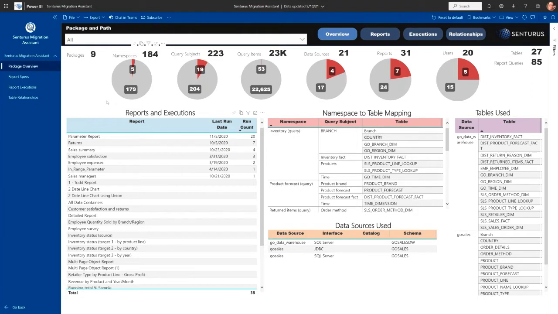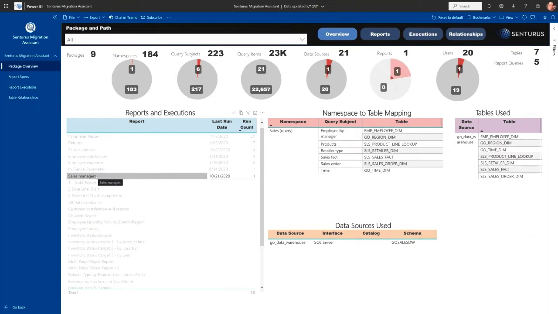You can start with a report and work down to a data source. For example, when I select sales managers here, the interlinked tables filter to show me the namespace that report exists in, the query subjects that are used, the tables that underlie those query subjects, and the data source that those tables reside in, as well as the data source, including the type of database it is and the schema that